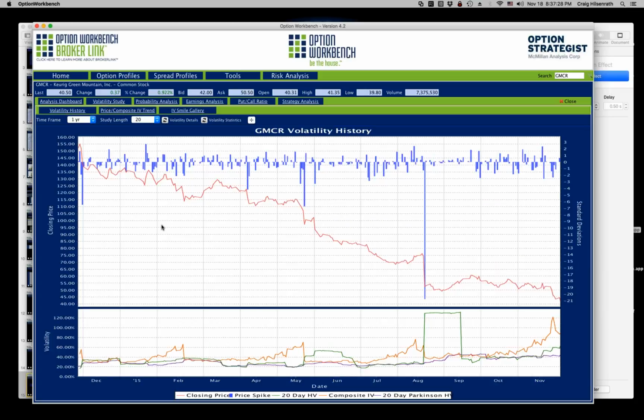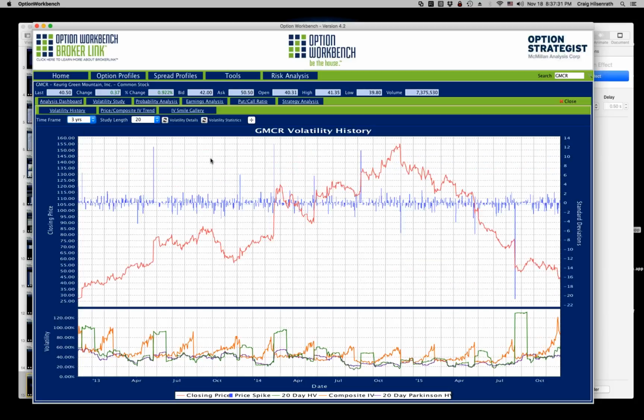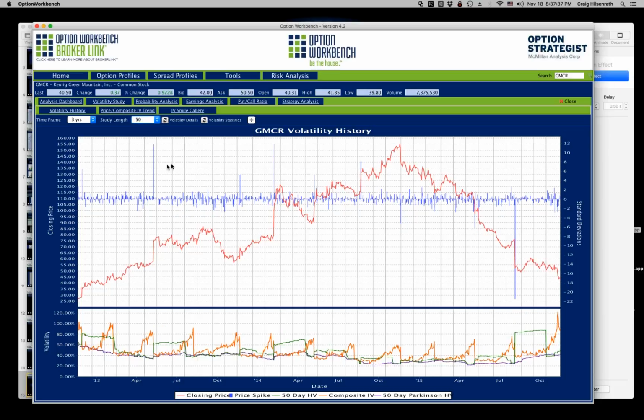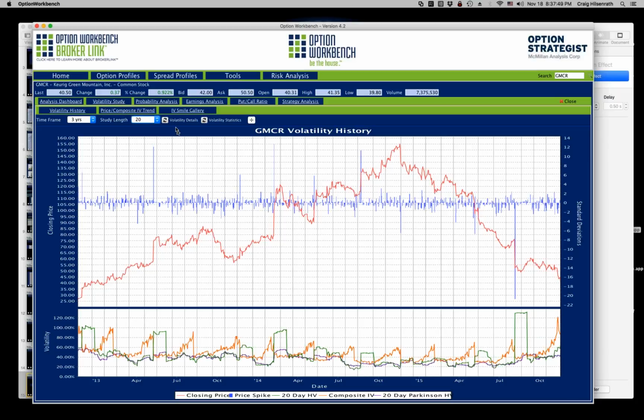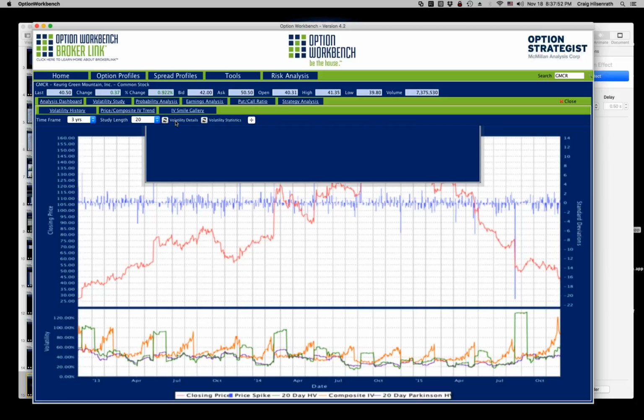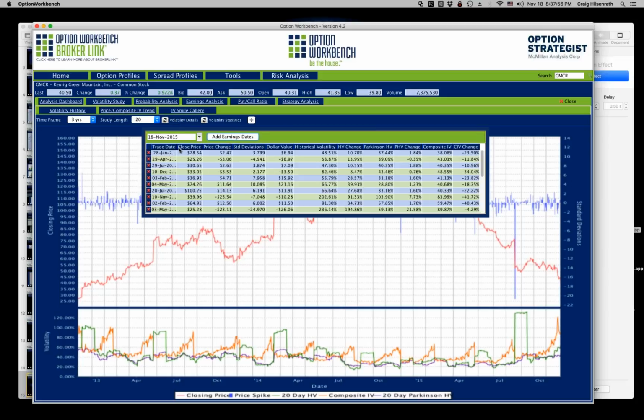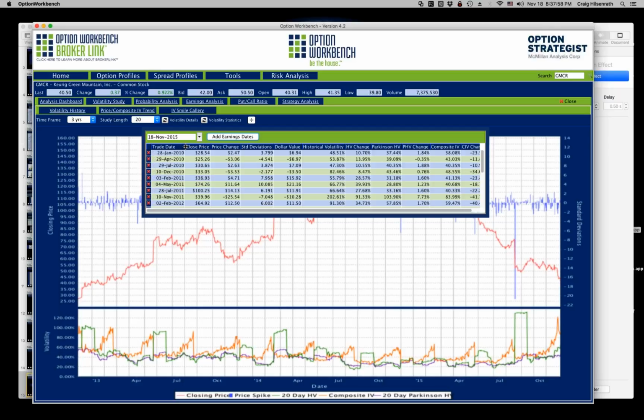But now let's go over to the volatility study. And I'll pick the 3 years. And okay, if we do the study length, you can see that basically changes the scale of the standard deviation axis here. Axis, not access, sorry. And go to the volatility details and select that earnings date, and it just punches up all those earnings dates automatically. It sorts them in ascending order. If I click on the column, it'll sort them in descending order as well.